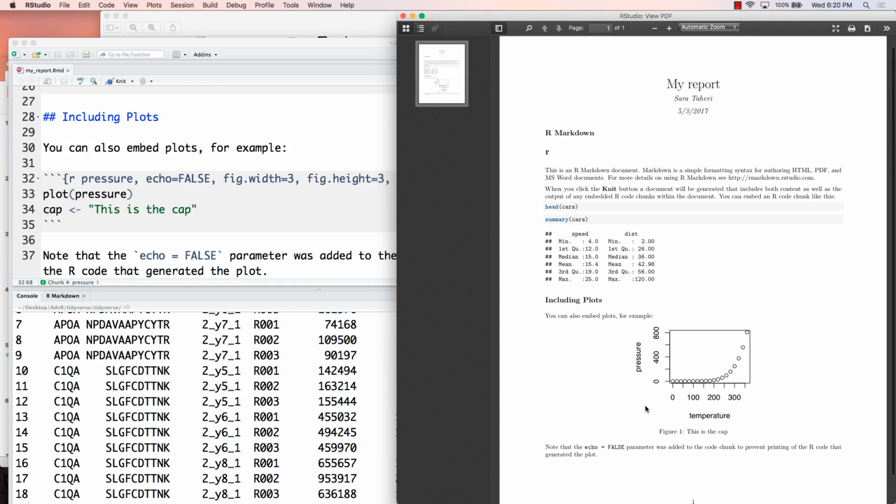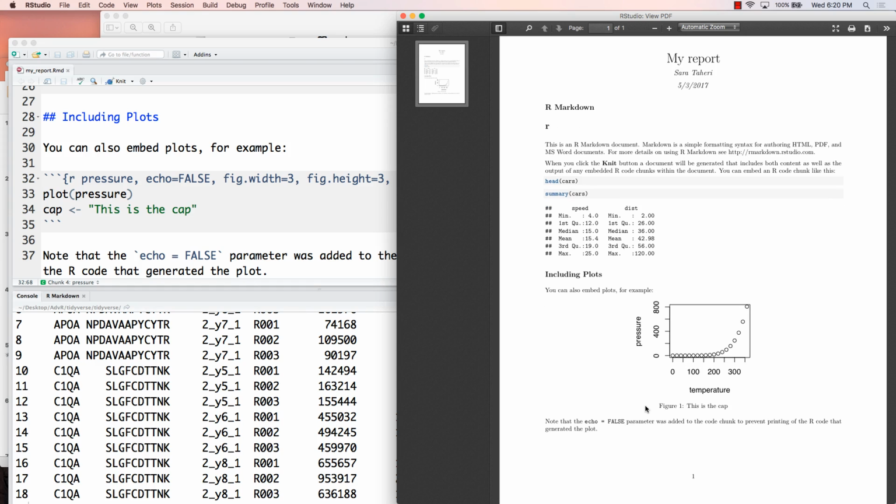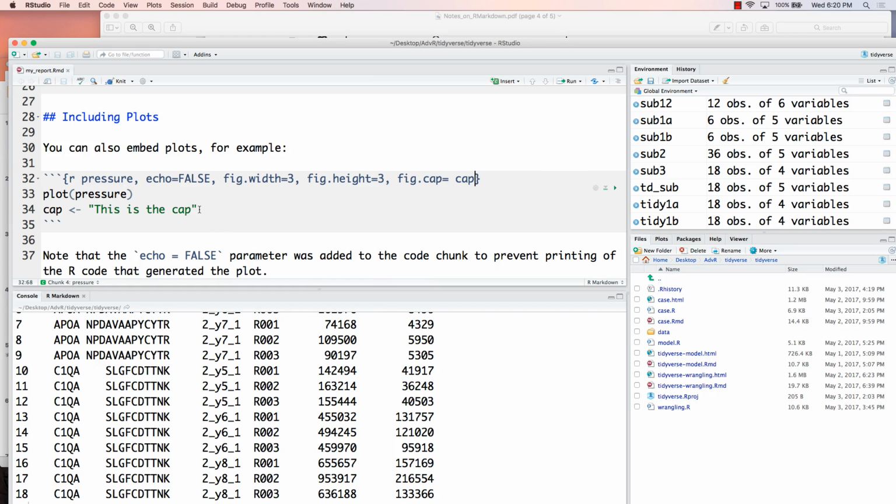Yeah, it worked. So you can define a long caption here and define cap as that long caption and call cap here. Okay,